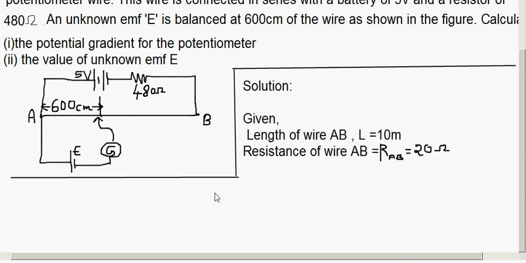Now balancing length with EMF E, balancing length small l equal to 600 centimeter. These are the given things. First we need to find out what is potential gradient. To find potential gradient,